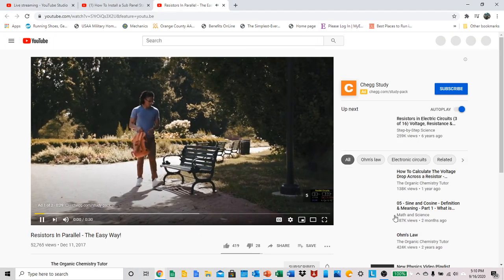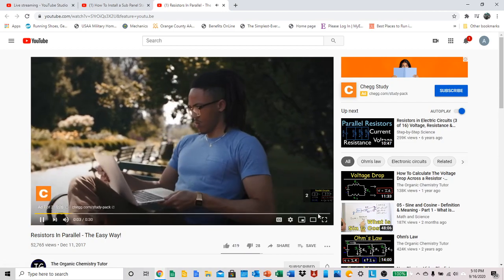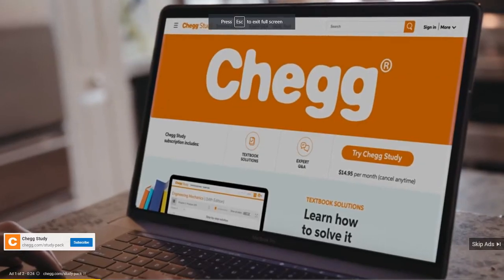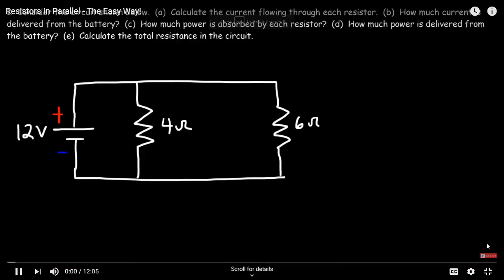The first day of class, parallel filled with possibilities and circuit unknowns calculations. That's why Chegg Study Pack empowers you with homework solutions and